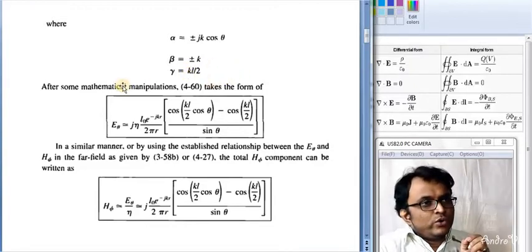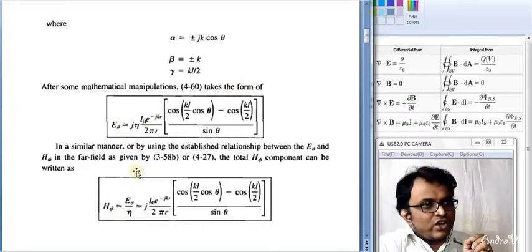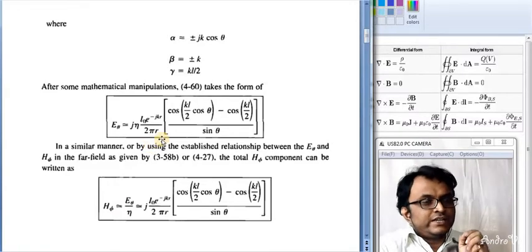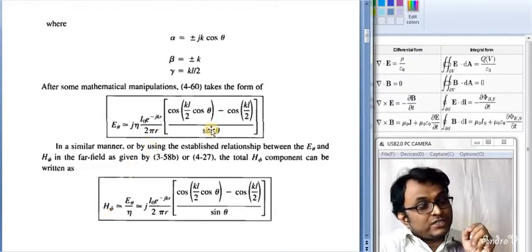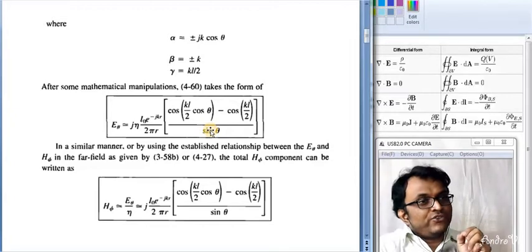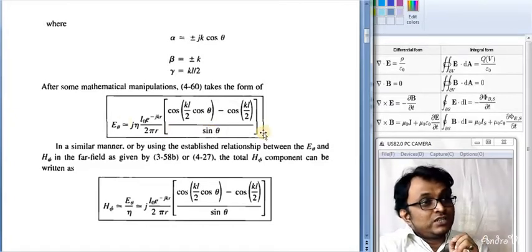In that case, we have also found E theta and H phi from the magnetic vector potential in our previous classes, and there we find that only E theta, the elevation component of the electric field, persists, whereas the other component of the electric field, E phi, is simply not present due to the presence of the azimuthal component of the magnetic field. And E r is present only in the near field, but in far field conditions it has no significant effect.